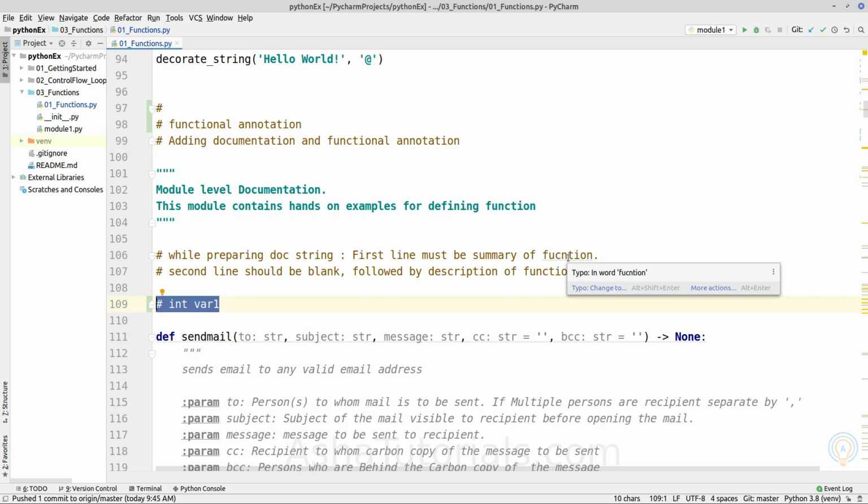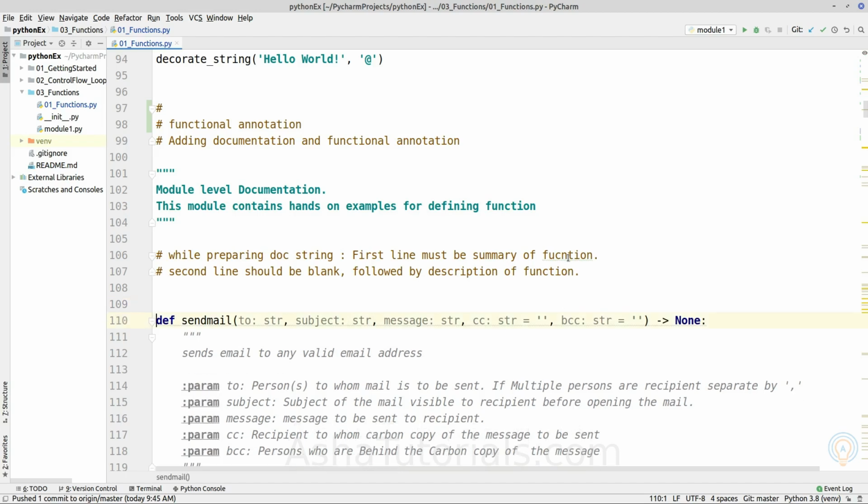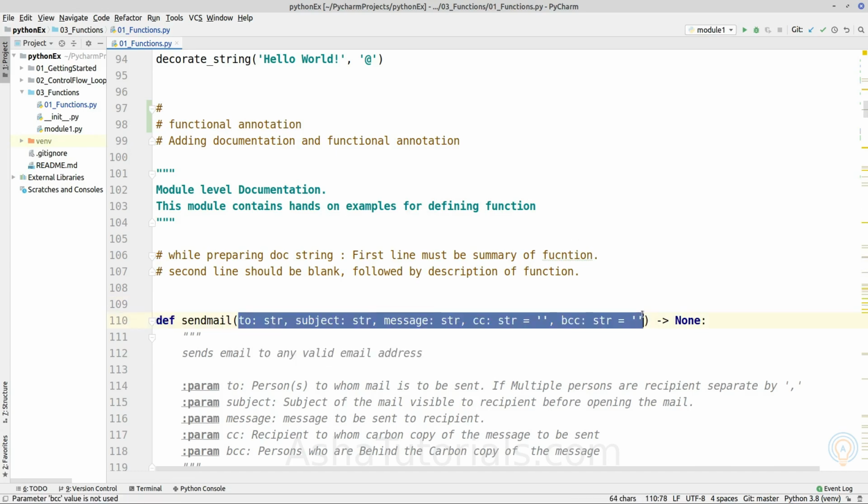So that is a statically typed language. As Python is a dynamically typed language, if we are providing multiple arguments and their data types are not defined, then when we are implementing it, the developer of a function only knows what kinds of data types are expected by the function.